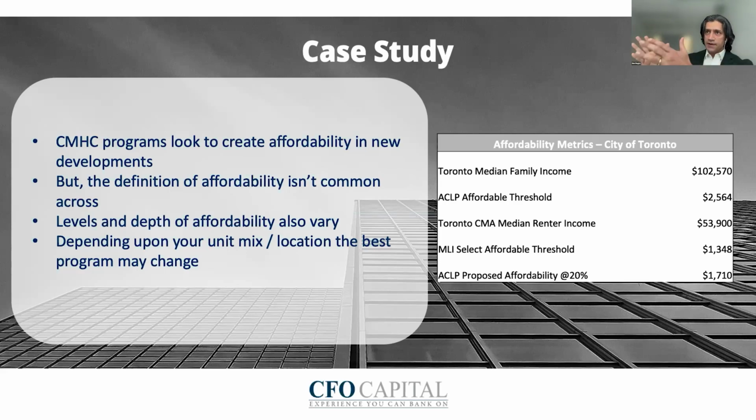On the other side, the conventional and the MLI, call it the market standard, whichever word you want to use, they don't ask for any affordability. You peg your rents to market, whatever the market can afford. You peg it to that, but then you give something away. One hand giveth, the other taketh away. That's the logic here. So let's go to the next slide here.